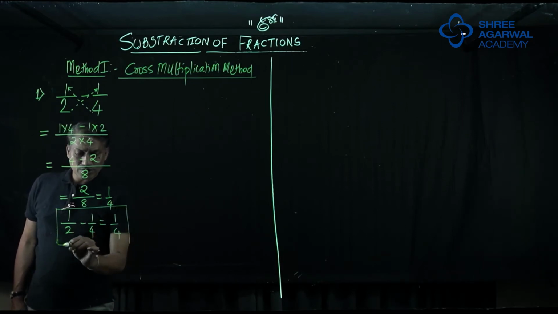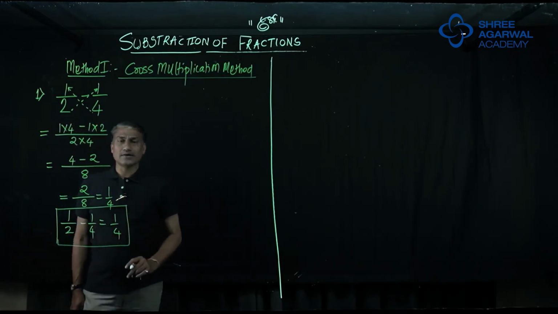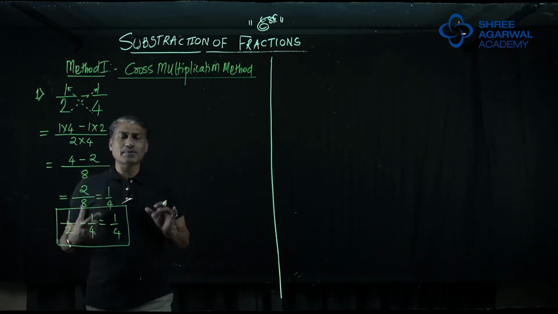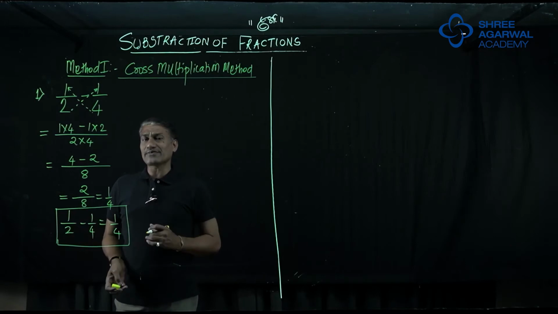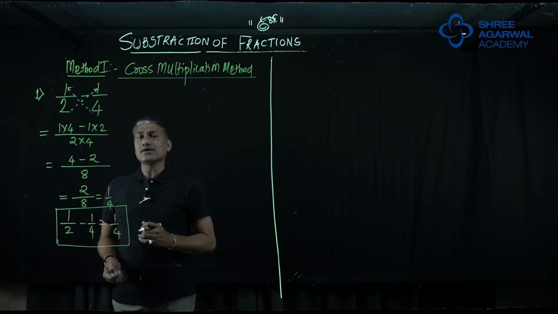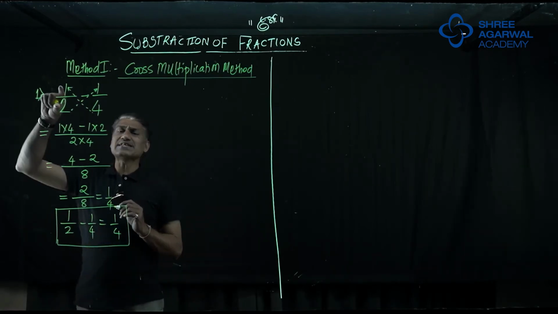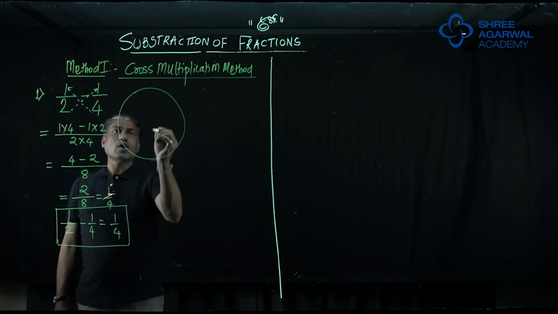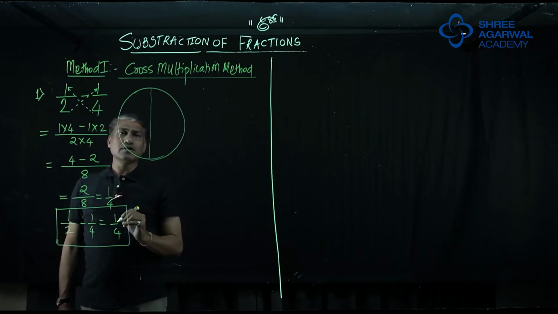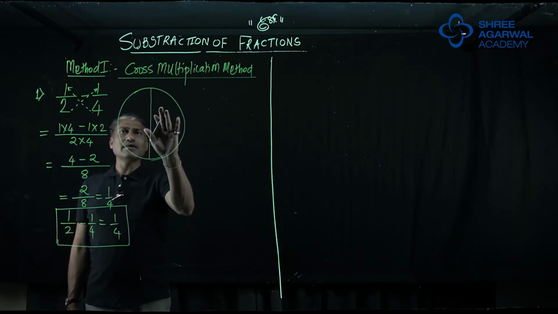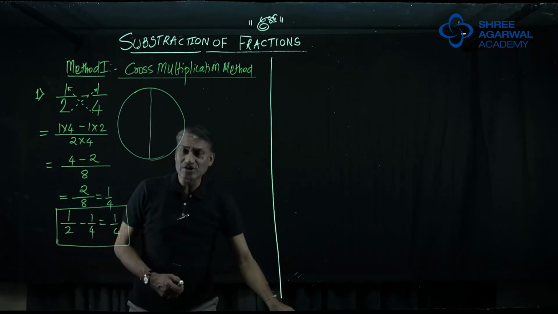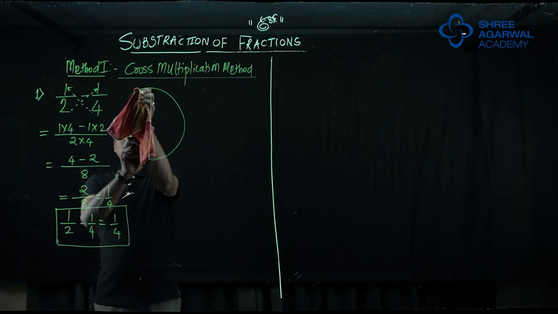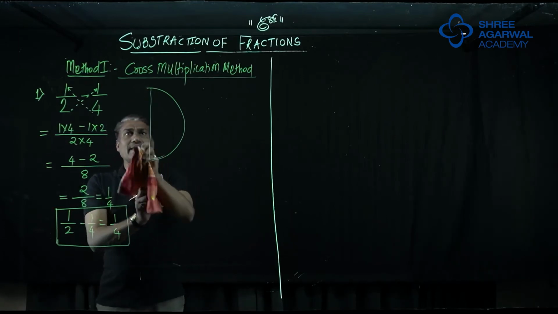I hope you understood the method. But one more thing we should understand, that when we are doing such simple problems, we should also try to correlate fractions with some things in the real world. For example, they said half. So this is my full circle, out of which I am taking only half circle. So I am talking only about this part. So I will right now remove this part, means I want only half chapati. Okay sir, this is the half chapati, or half cake, or half pan.